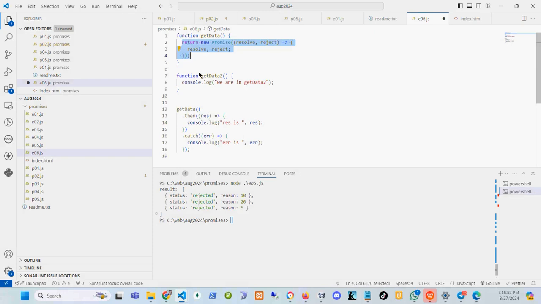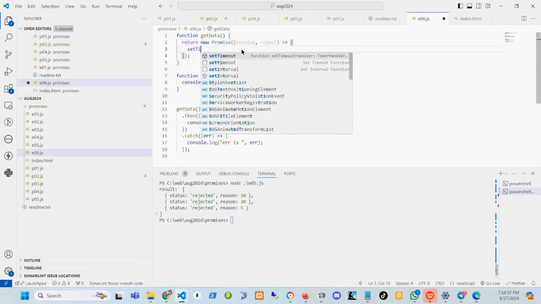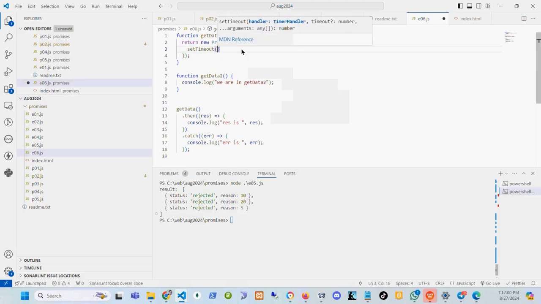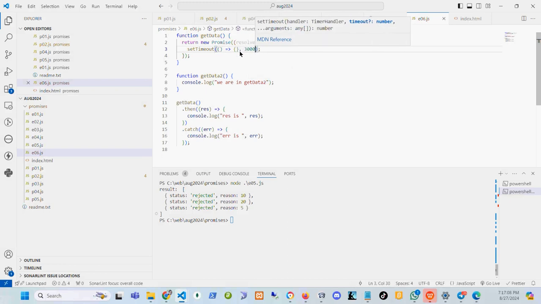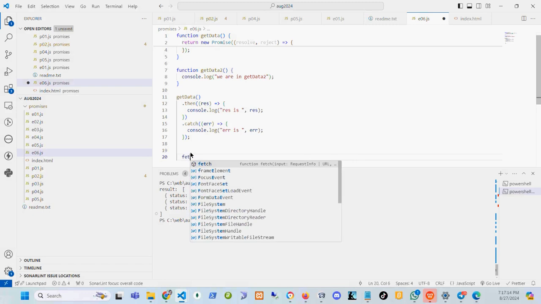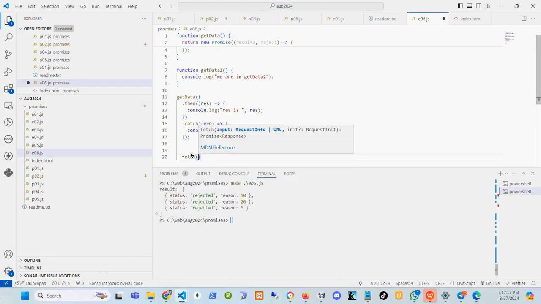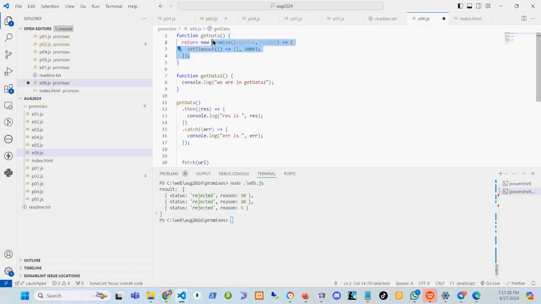Generally, here we put setTimeout in our examples, but in the real world, we will not use setTimeout. We will be using a real API. So what is the real API? There is a fetch function for the API, and we pass some URL. And this fetch automatically returns a promise. Internally there is a promise. So whenever I'm using fetch,